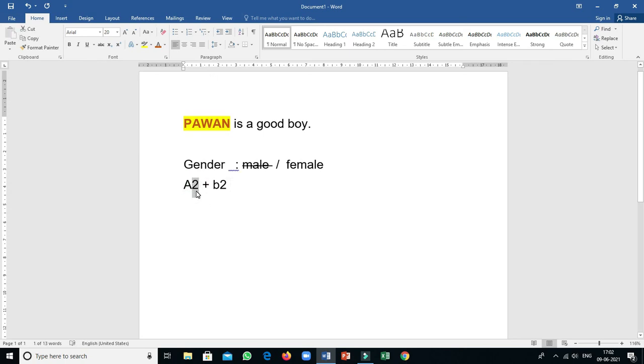So select this 2 and click on your superscript option. Now the data is shifted to superscript. And if you have to write H2O, then the 2 should be in subscript. So select the 2, then click on your subscript option. Now see.